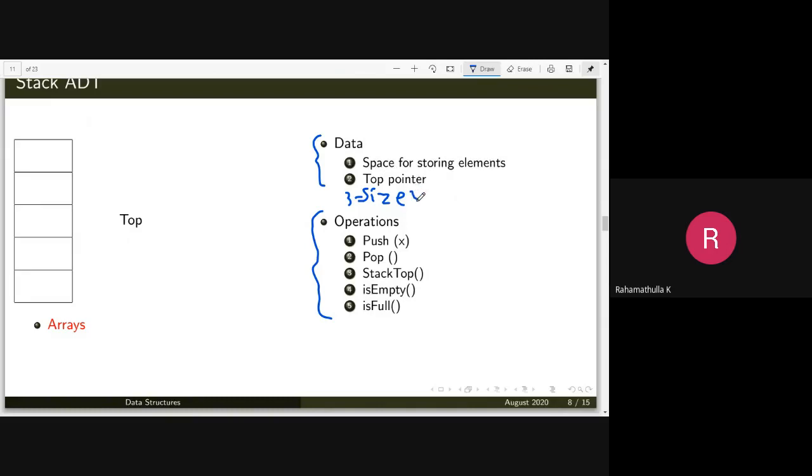Once you obtain the size, you create its space dynamically. Then these are the operations. Push is for inserting an element, pop for deleting an element. Then stack top is for retrieving the topmost element, just viewing it. Is empty will return 1 if the stack is empty. Is full will return 1 if the stack is full.